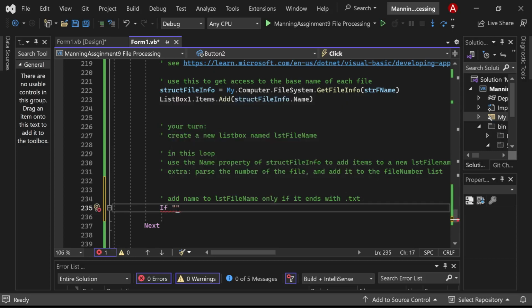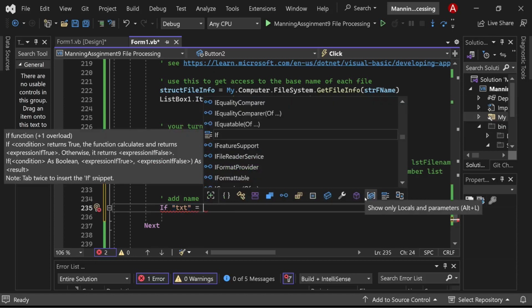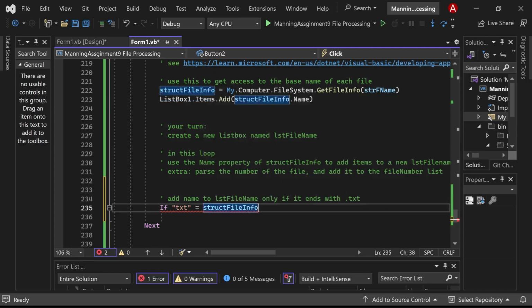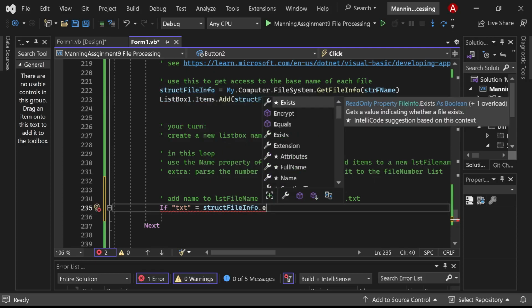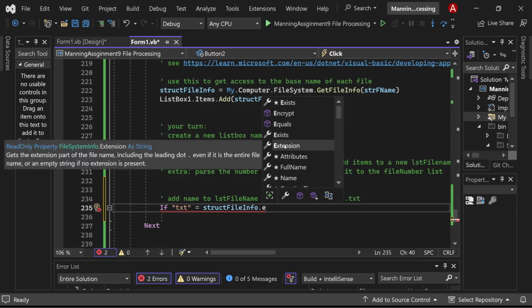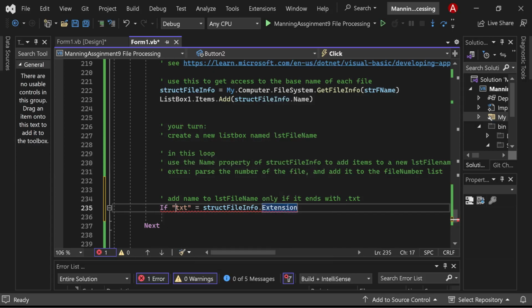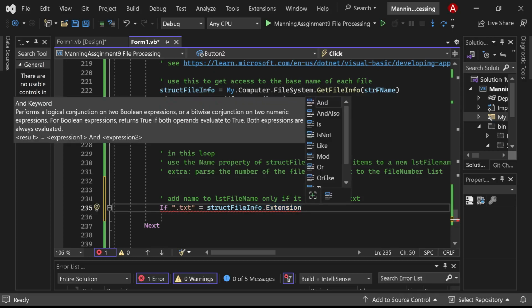and I want to have it compared .txt is equal to, and remember that struct file info has a dot extension. Let's see what happens if I hover over that. That gets the extension part of the file name, including the leading, oh, it does include the leading dot. It'll give me an empty string if no extension is present. Okay, so I'll just add the leading dot to .txt. So that's what I want. If .txt is equal to struct file info extension, then,